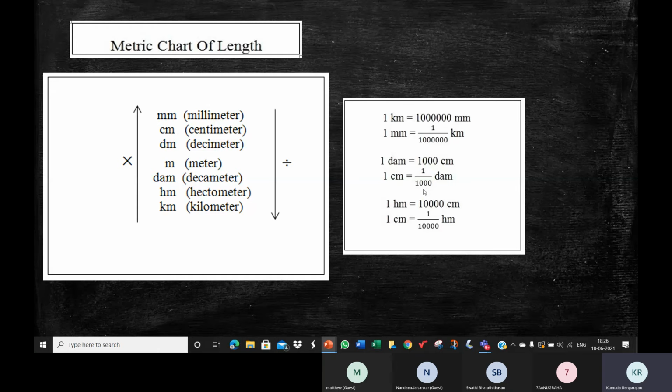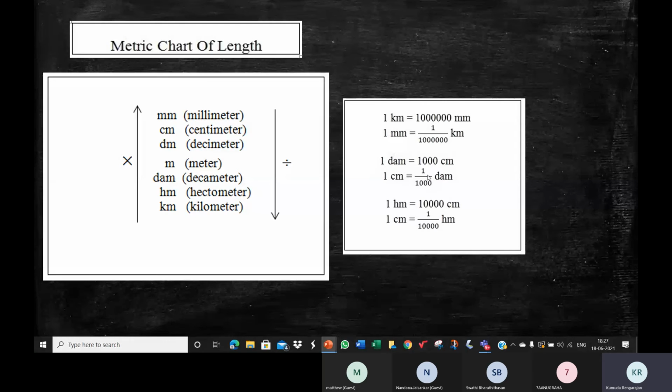a long rope of length 1 decameter. Like how you say 1 centimeter, 1 meter, 1 decameter is just a unit of length. It's a larger unit of length, not commonly used. Now, when I say the length of the rope is 1 centimeter, 1 meter, you understand what it means. So decameter is simply a unit of length.